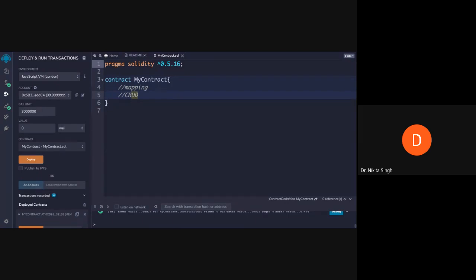So these are the four things that we will be talking about. First we will talk about declaring a mapping.